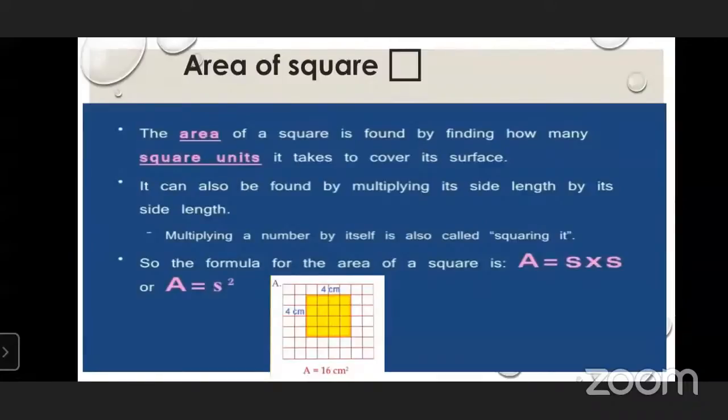So what is the area? If the side of a square is 4 centimeter, then what is the area? Sir, 4 fours are 16. 16. Okay. If the side of a square is 2 centimeter, then what is the area? Easily we multiply side by side, side into side. 2 into 2 is 4. Very good. 4, not only centimeter, that is square centimeter. Okay. We have to read centimeter square or square centimeter.